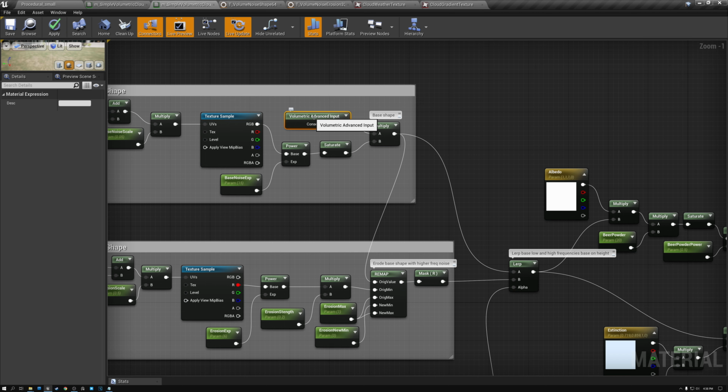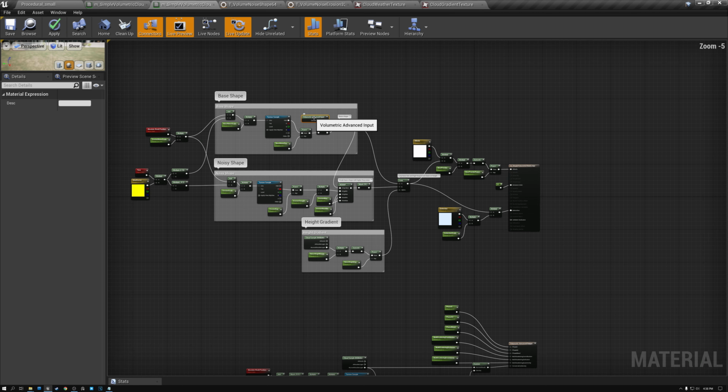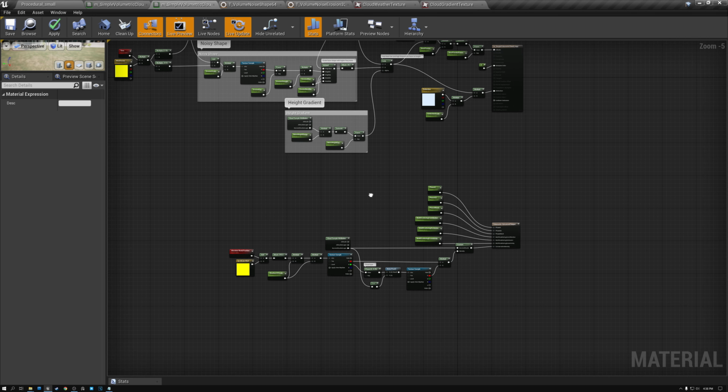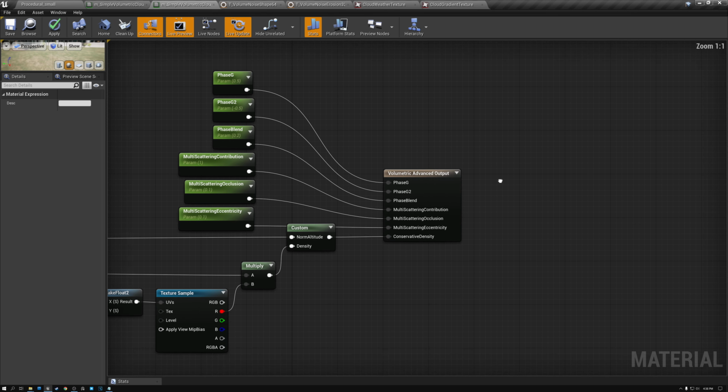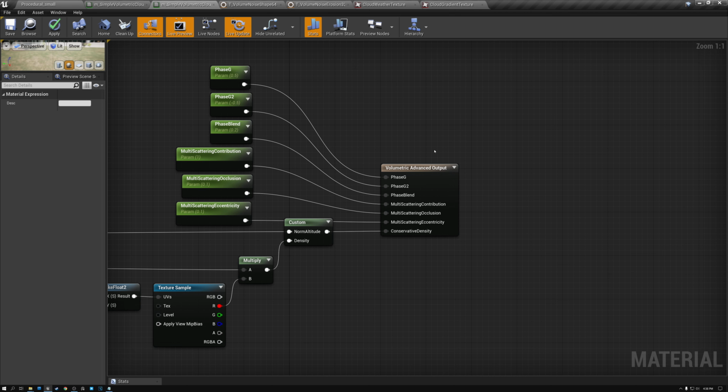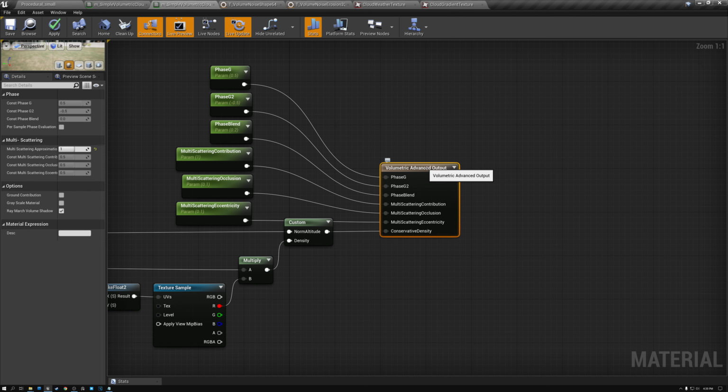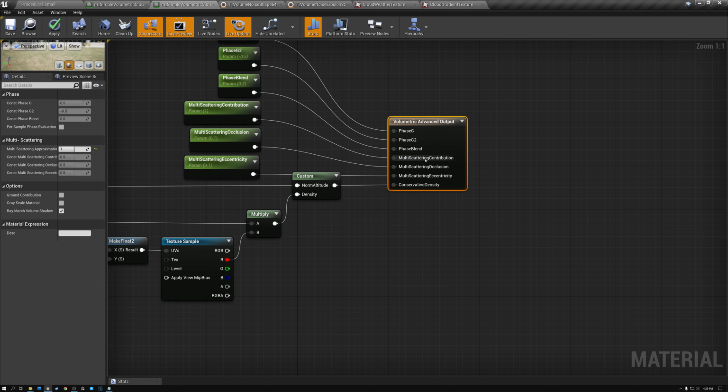In order to understand what this node is doing, we need to scroll down here to the bottom of our graph. And you can see that I've got this other node here, which is a root node called Volumetric Advanced Output. Now this root node is specific to volume materials. And you can see that as I come down here to the bottom, there's this pin called conservative